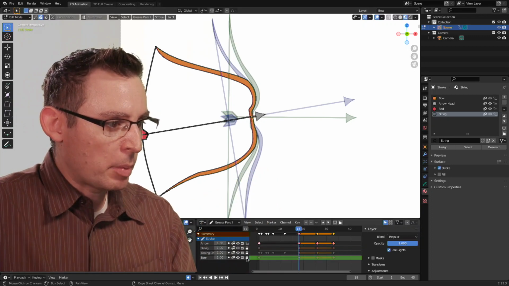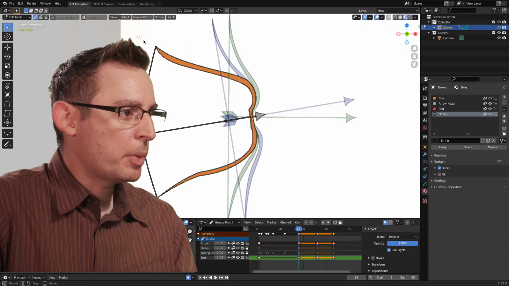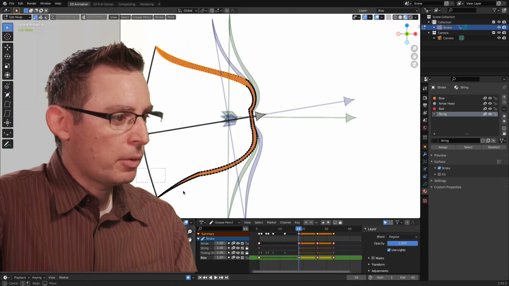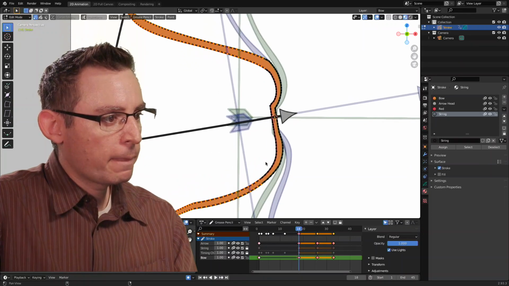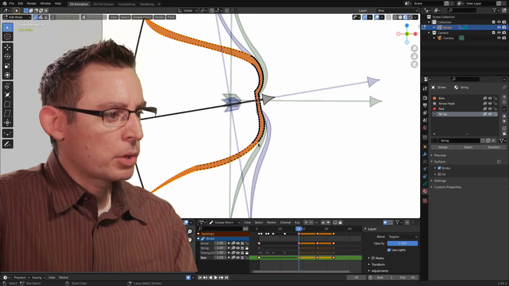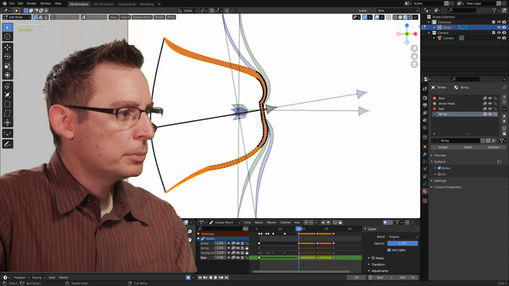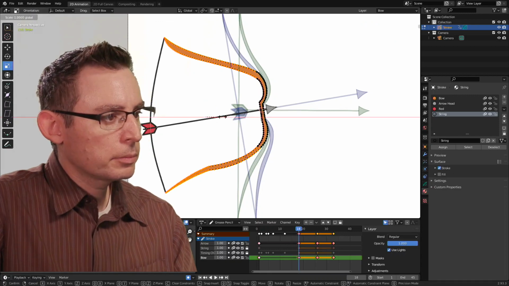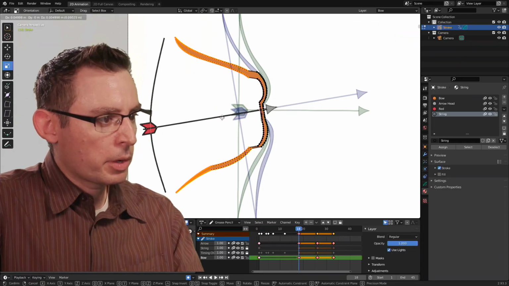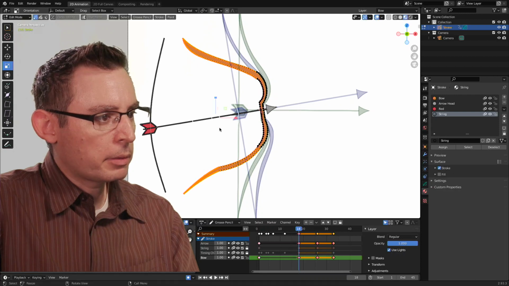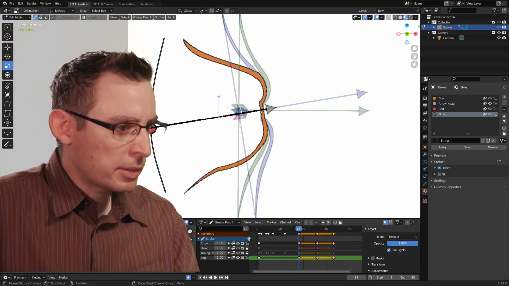Let's just do it. Let's go back to my bow layer. I'm going to grab the points that I want to scale. Maybe all of this stuff. I don't know how this is going to work, but let's find out. I'm going to run the scale tool. I'm going to scale, and then we're going to grab and move it back a little bit, right about in there. Yeah, let's see. I think that's going to work.